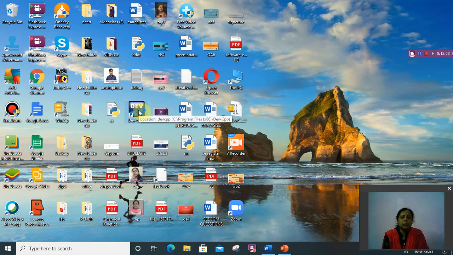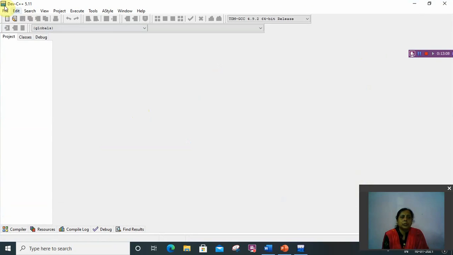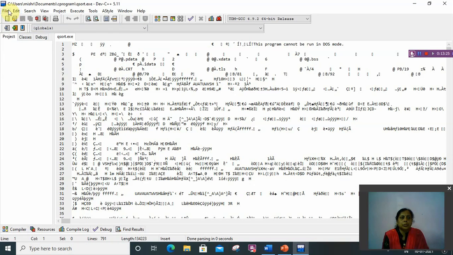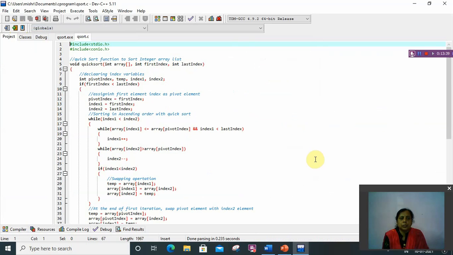So open the C++. Okay, this one, qsort.c.